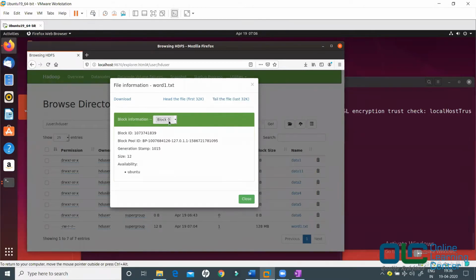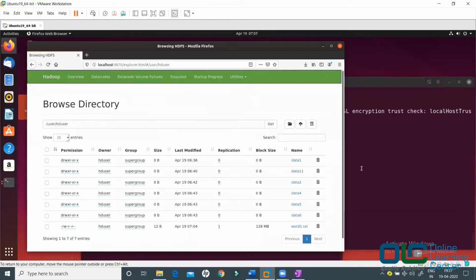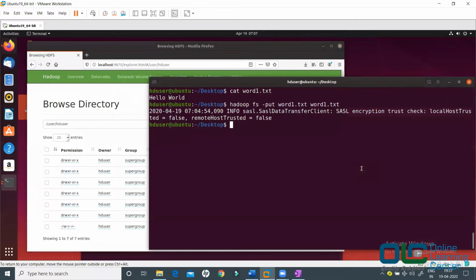This file will be divided into multiple blocks, so you can go to block 0, block 1, block 2, block 3, and read something out of it from here. You can even download it, but you generally don't do it for bigger files, because if you want to download bigger files to your system, there is some other approach. We will see that as we move on with the commands.